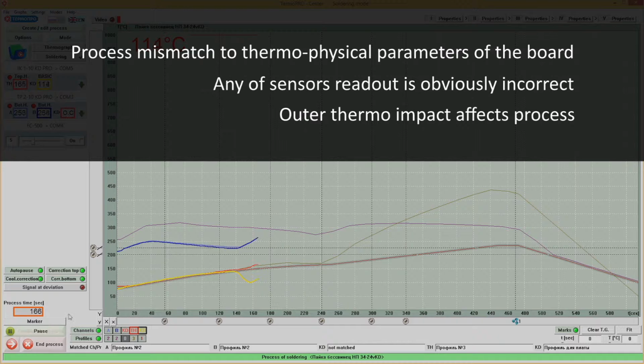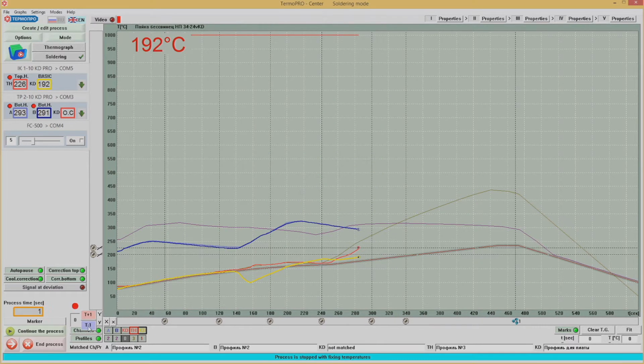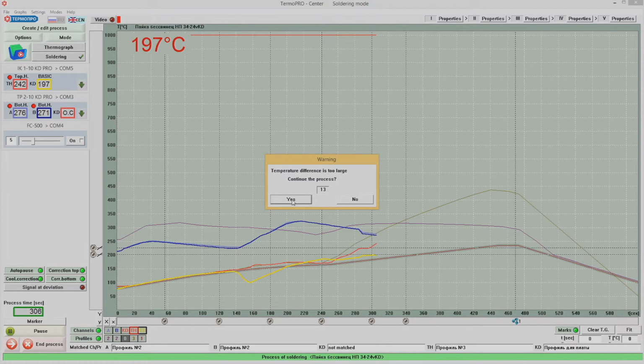In such cases, the process will start periodically switching over into auto-pause and auto-correction modes and delay the process, which can also be caused by uncontrolled heat leakage, such as an open window or a working air conditioner. The operator can hold up the process by pressing the Pause button and make manual temperature corrections. The equipment will start supporting the running temperature at the board and buttons T+1 and T-1 appear in the left bottom corner of the display. Pressing these,